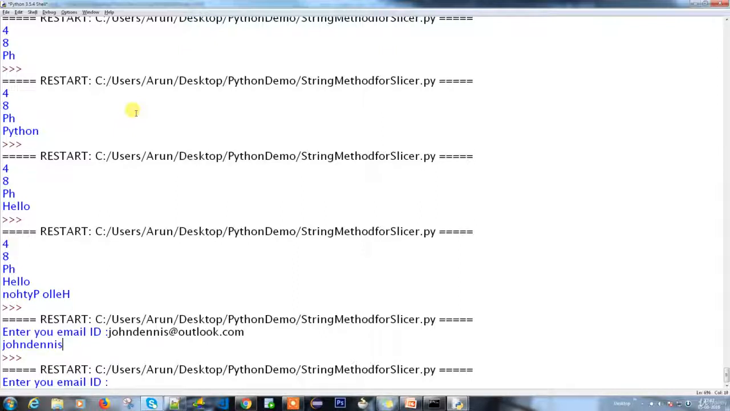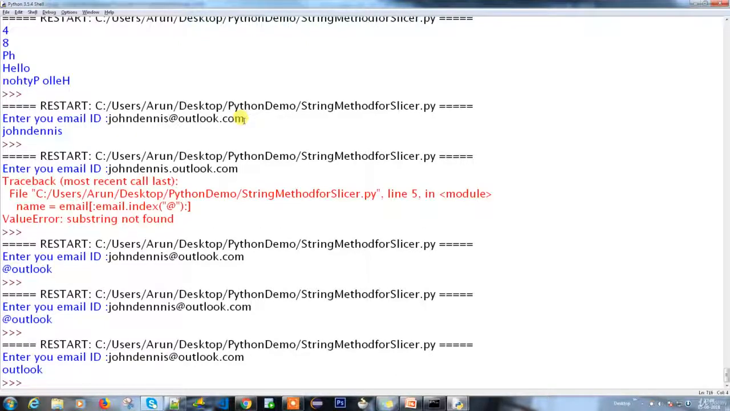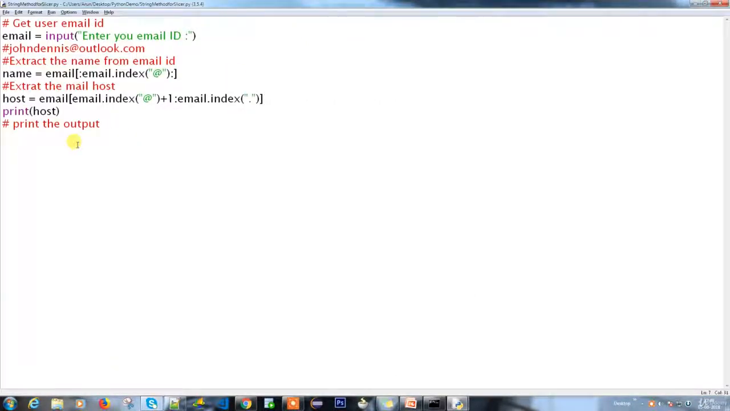John Dennis at outlook.com. See, looks good. Okay, so we are good to go. So then I'm going to see the final output. I'm going to use the output here, output. That's a variable name, and user